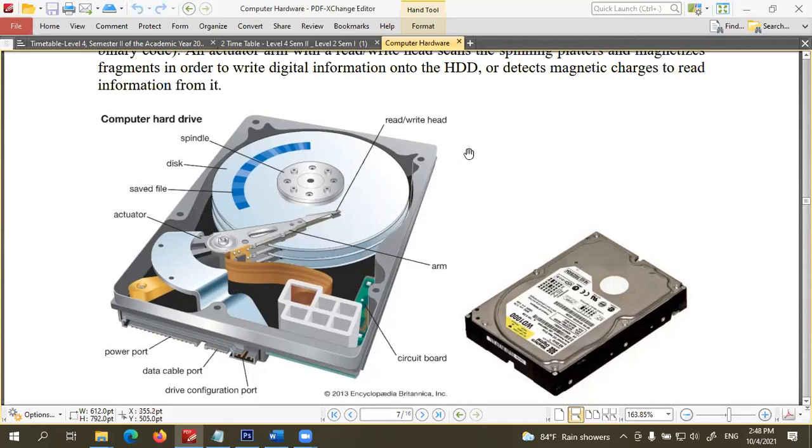The data is in binary format, ones and zeros, right? This magnetic disk is going to rotate at a very high speed, and the head will also move from here to here. In these hard disk drives, there is sequential access to data. I will explain that. If we take the random access memory, RAM, the meaning of random access is this: if it has a data here, let's say like this.